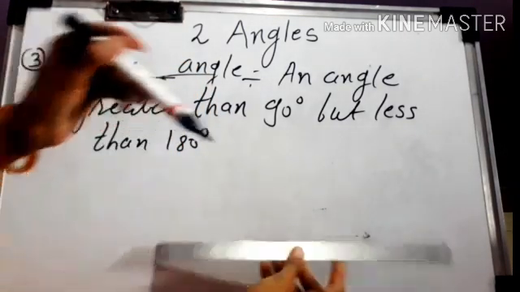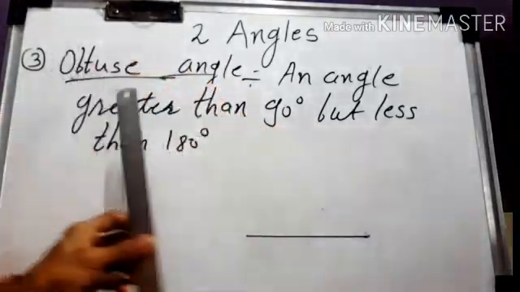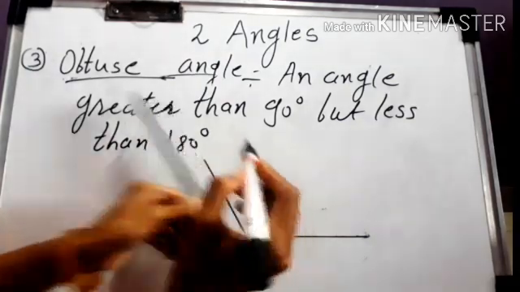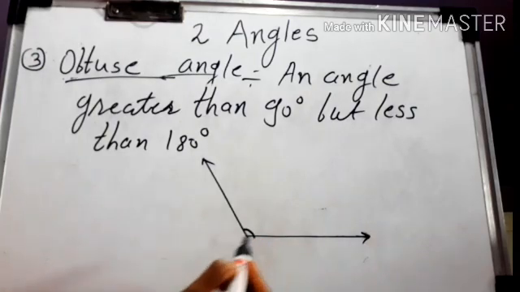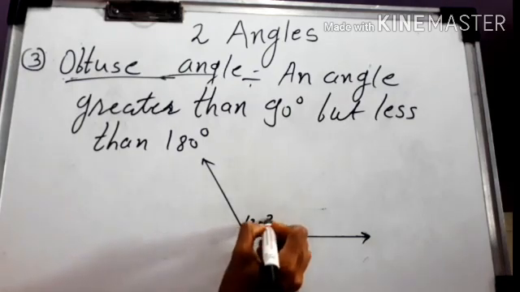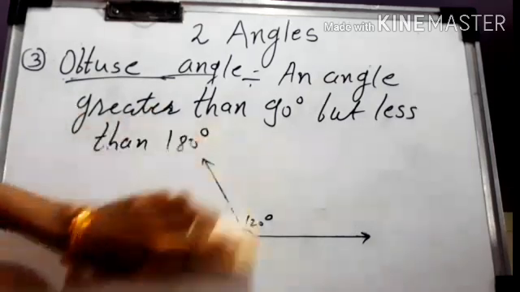Now here you can see the figure of obtuse angle. Now above 90 degree it will go. So this type of angles will come like this way. Okay. So for example, above 90 means you can take 110, 120 up to 170 or 79. So suppose this is an angle of 120 degree. This is an obtuse angle. Okay, these three types we have learned about already in standard 5th.